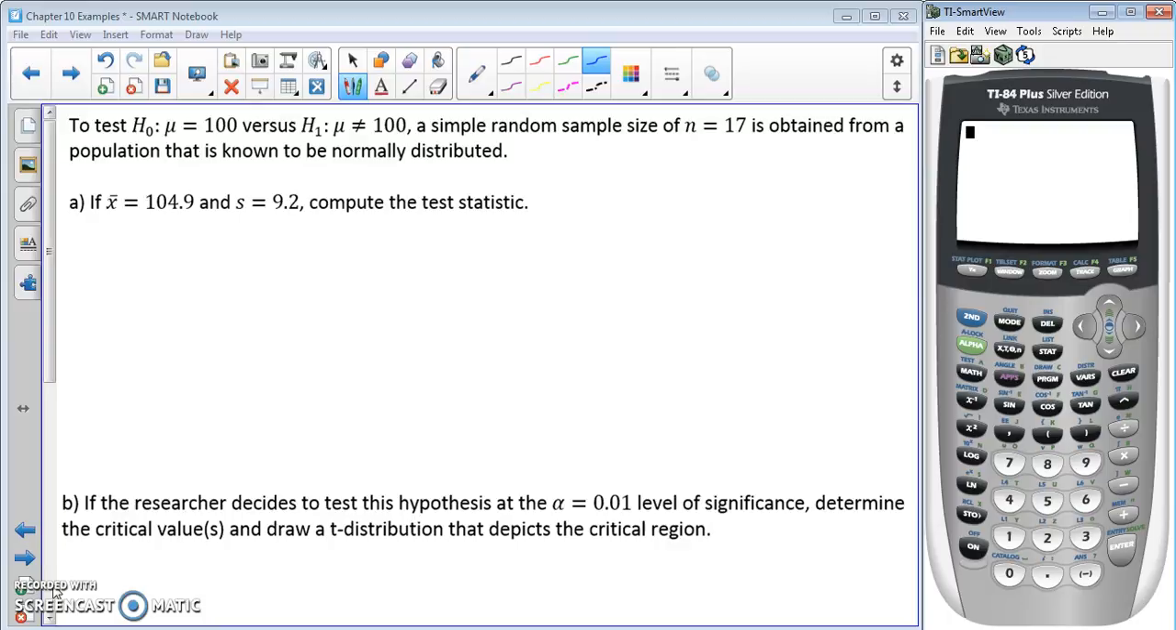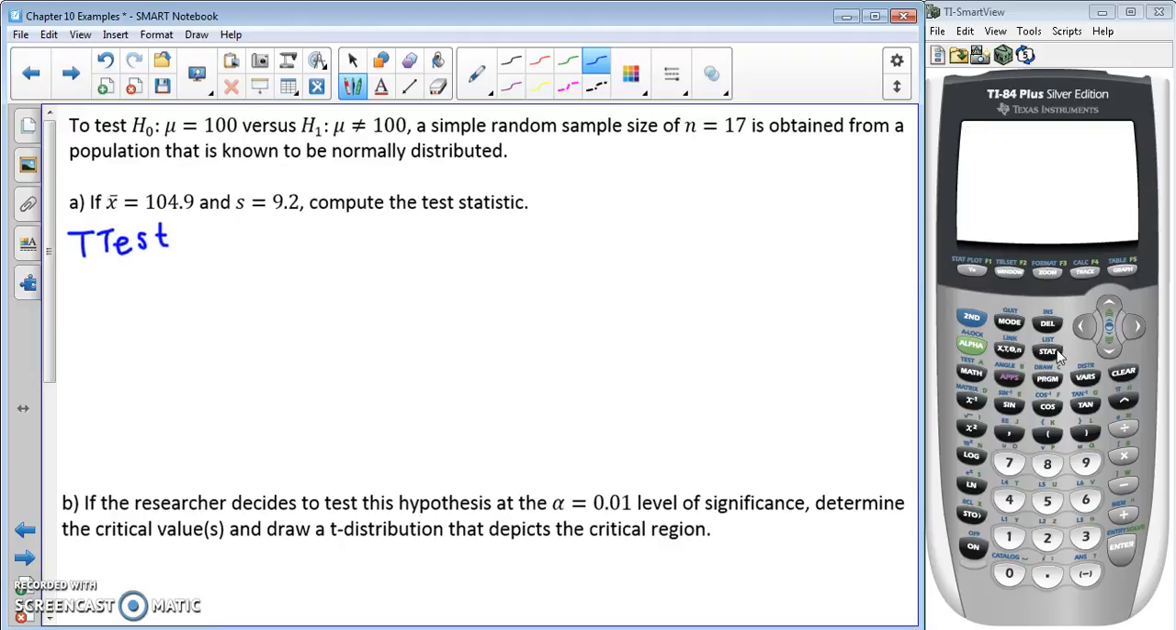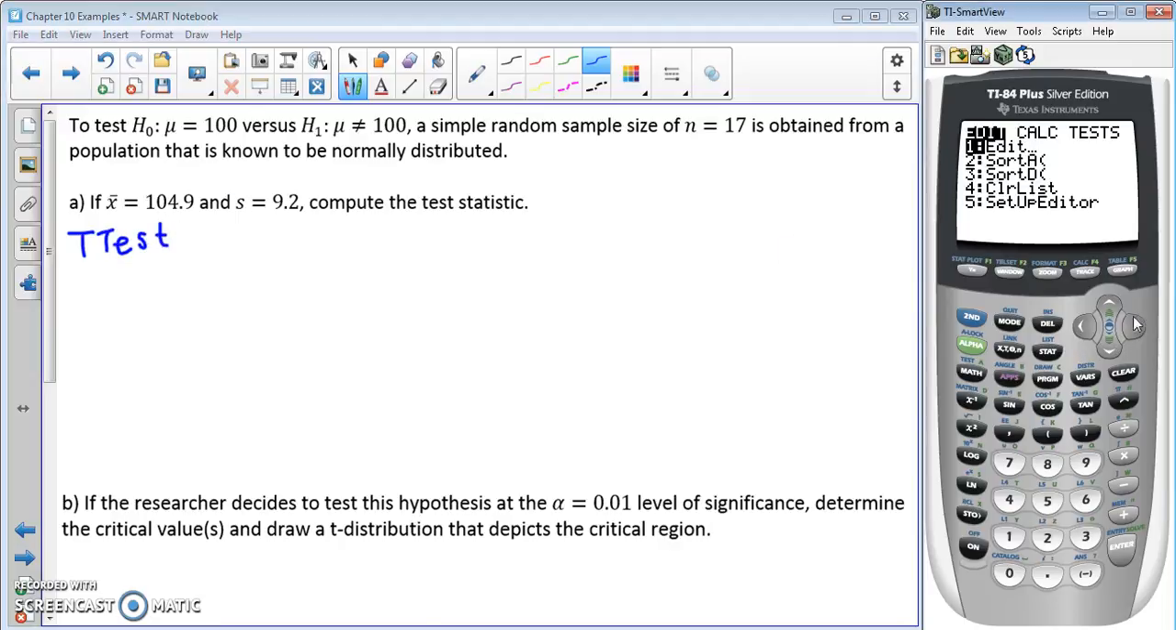So now what we're going to do is use a t-test. We're going to do stat and go over to test. And the reason we're not using a z-test is, notice, it asks for the population standard deviation. And again, we don't know that, and that's how we know we're on the wrong test. So if we go to t-test,